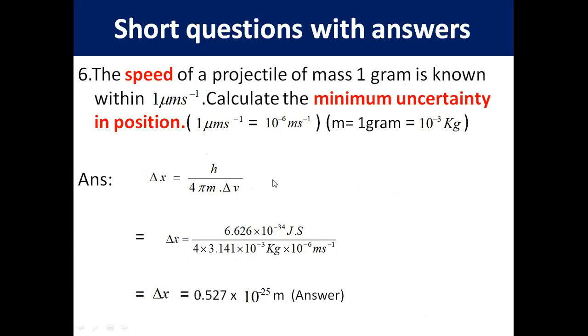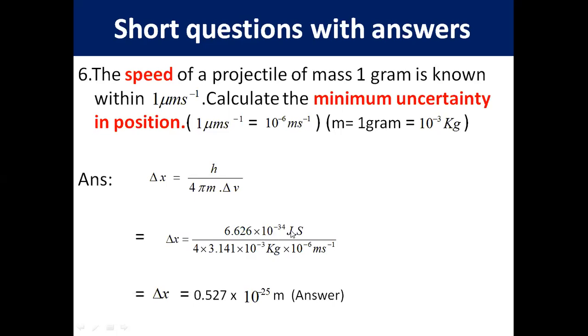Question number 6. The speed of a projectile of mass 1 gram is known within 1 micrometer per second. Calculate the minimum uncertainty in position. According to Heisenberg's uncertainty principle, delta x into delta v is equal to h by 4 pi m. So the delta x formula is h by 4 pi m into delta v. Here we can calculate delta x by putting the value of h, Planck's constant,